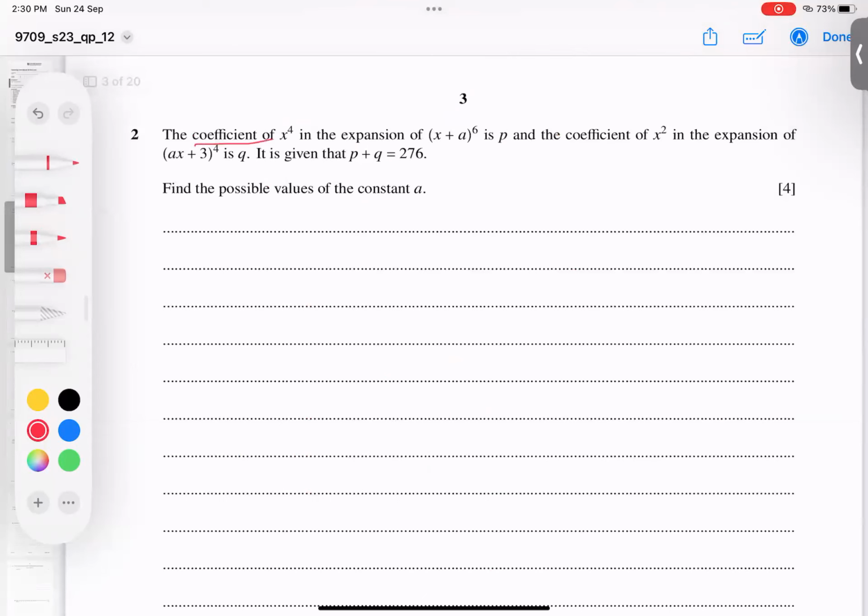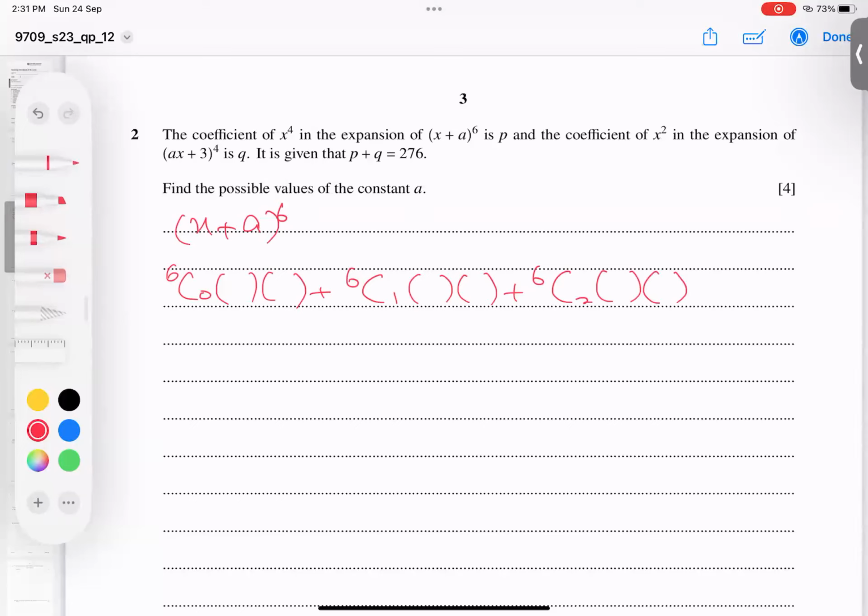He's saying the coefficient of x power 4 in this expansion is p. It means I will go for the x power 4 coefficient. Okay, and I think there's nothing hard. We can try like this. Basically, what is the formula? 6C0, okay, I'm writing it below. 6C0, then 6C1, then 6C2,